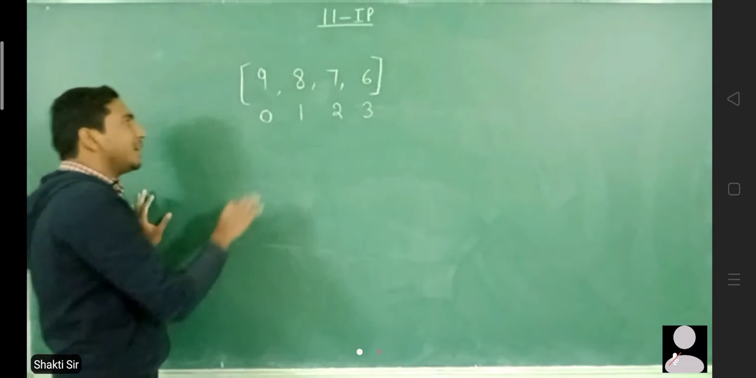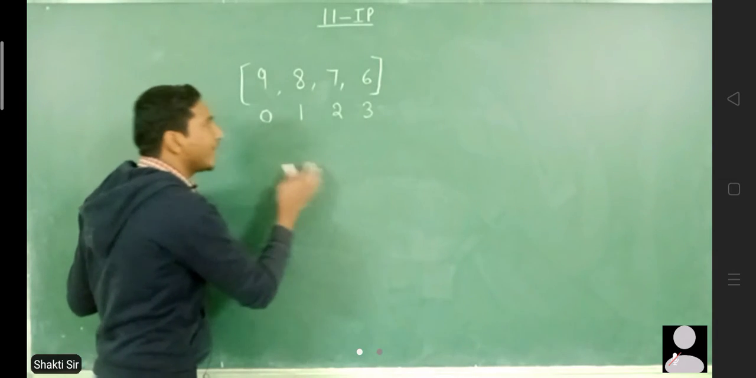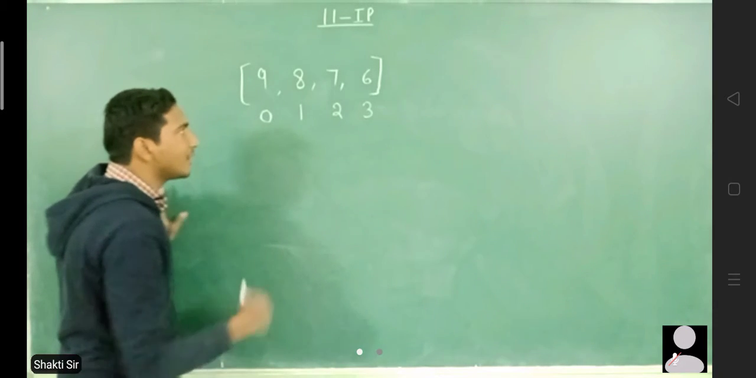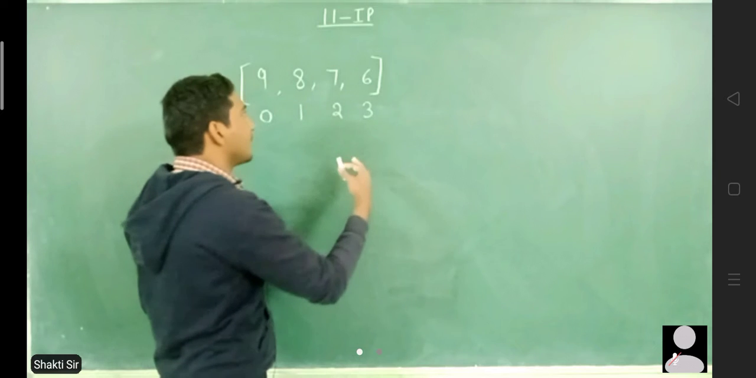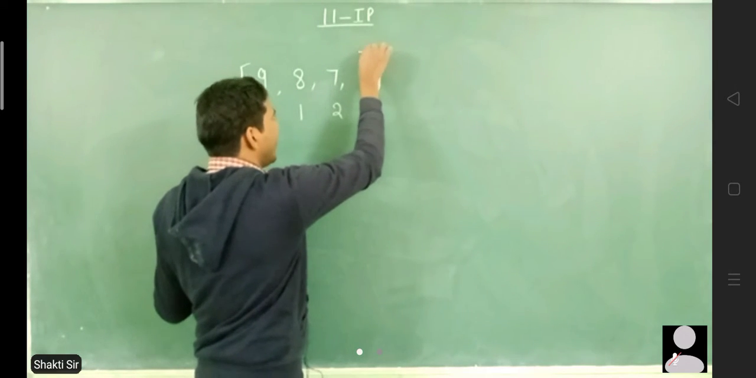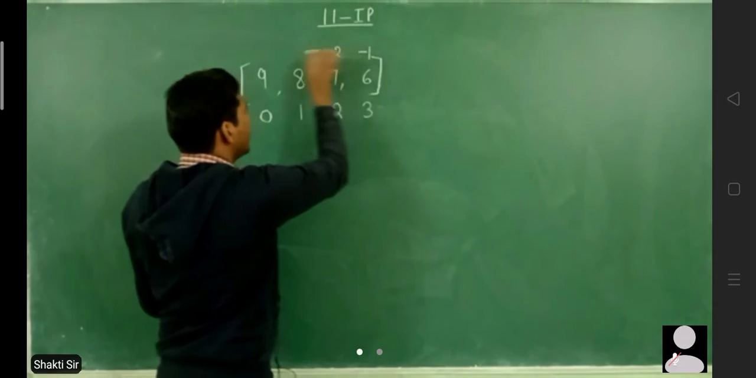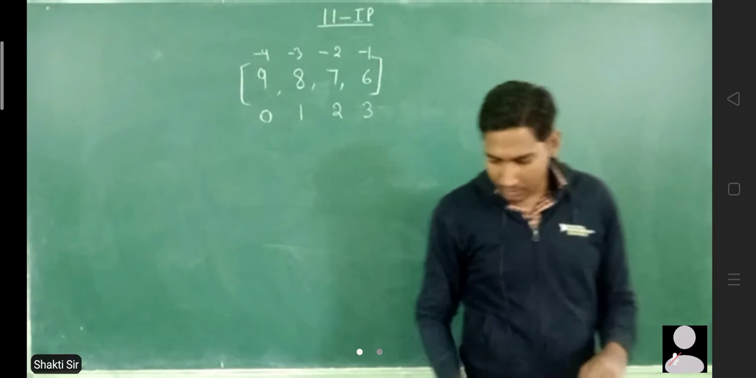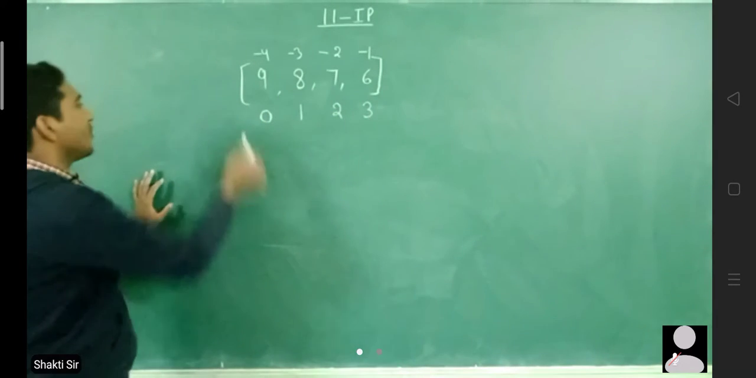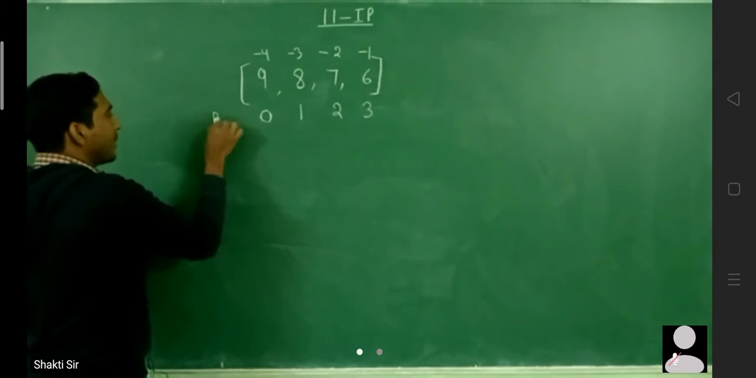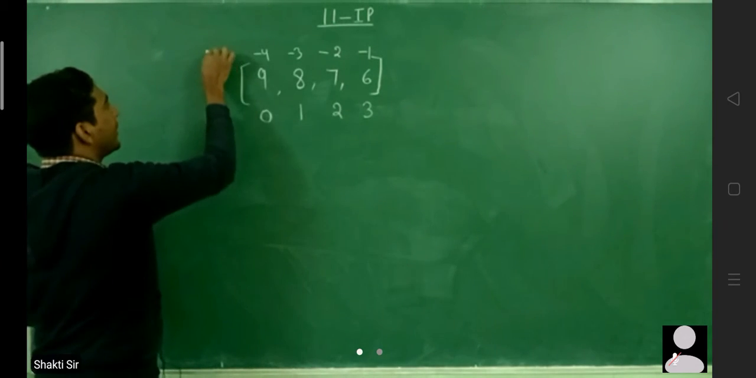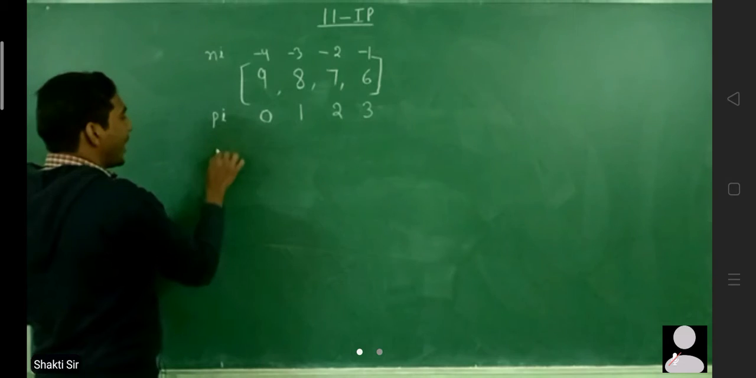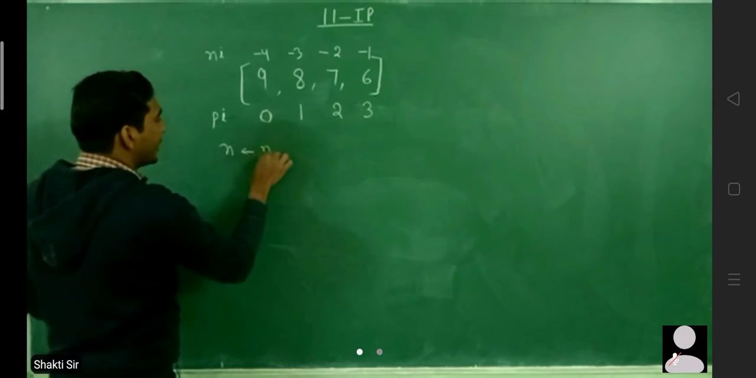And similarly we have a concept of negative index also. The negative index starts from the last element: -1, -2, -3 and then -4, and this way the negative index starts. Okay, so basically suppose I represent the positive index by pi and the negative index by ni, and n is the number of items in a list,